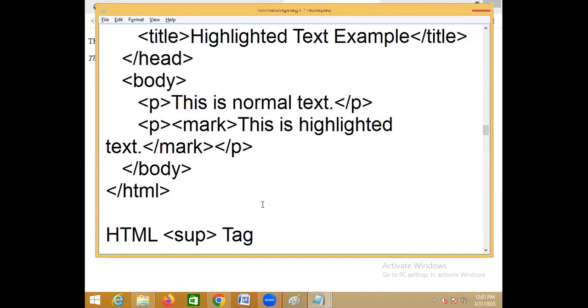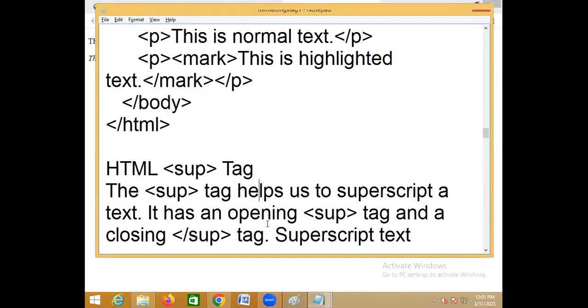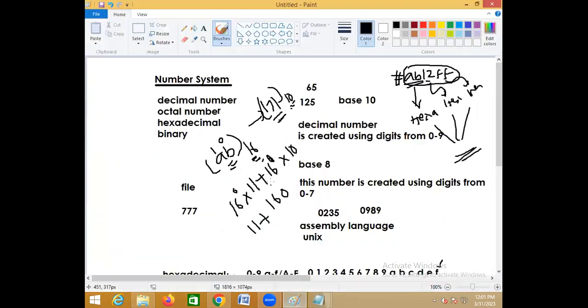So there is one more tag. What is the tag? Superscript. SUP is nothing but superscript. So the SUP tag helps us to superscript a text. It is opened with the superscript tag and closed with what? Superscript tag. Now superscript is nothing but, suppose I'm preparing